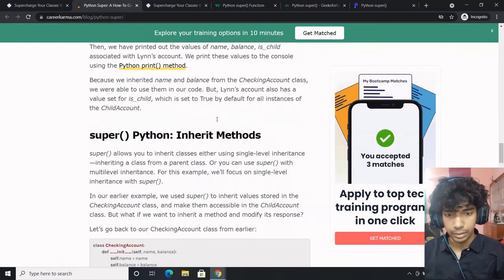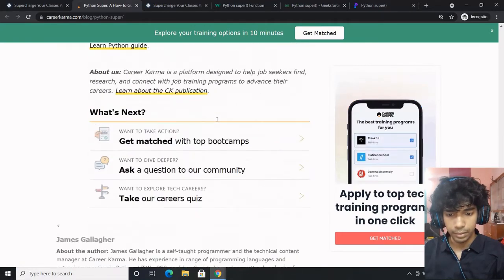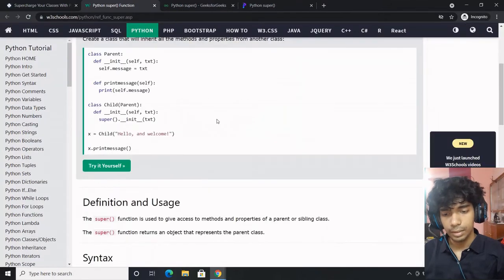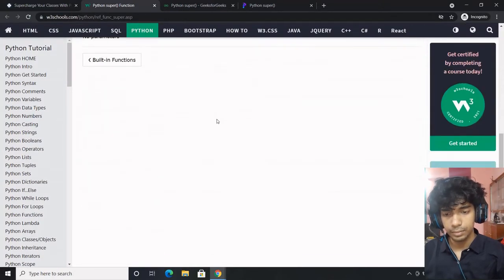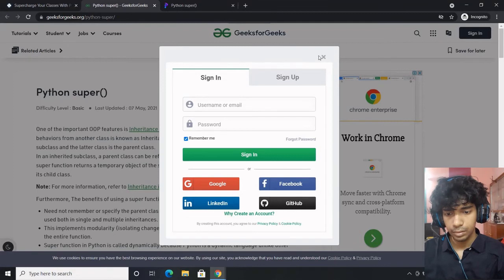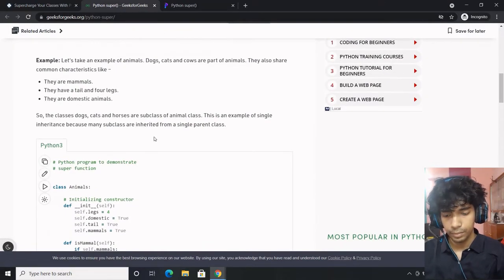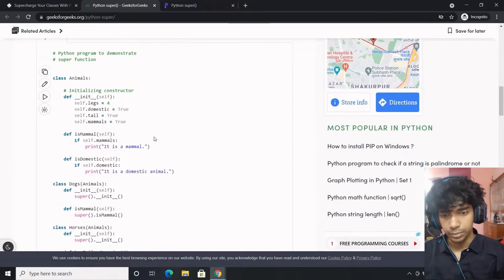This is also, I think, the how-to guide on what is Python super: inherit from init, add a new value to the class, inherit methods. This is pretty basic.